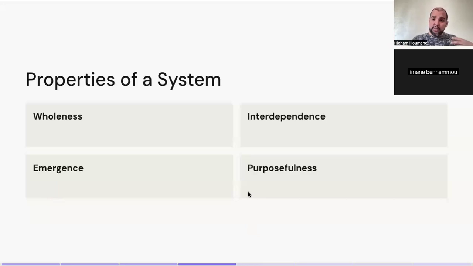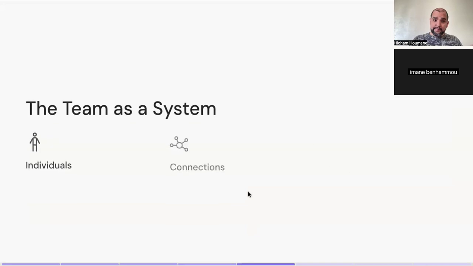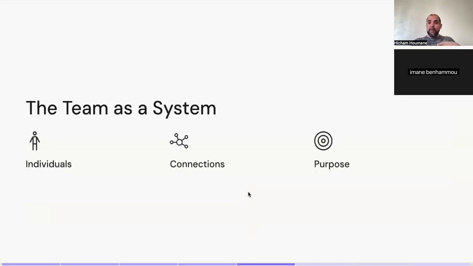Now, when we start talking about a team as a system, ideally, when we're forming teams, the key thing that is mostly being discussed are the individuals, because we need a set of skill sets, and each individual brings in a set of skill sets. And sometimes we even add in a purpose if we are being a little bit more thorough. But what we sometimes forget is the connections. So sometimes we're not necessarily using system thinking when we are creating a team.